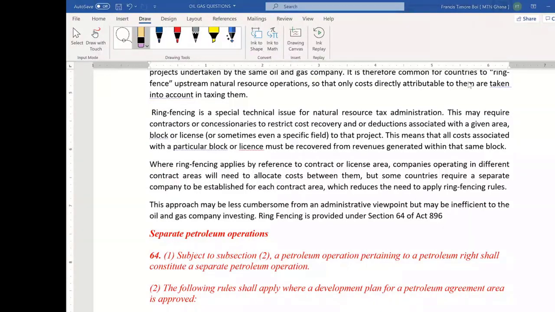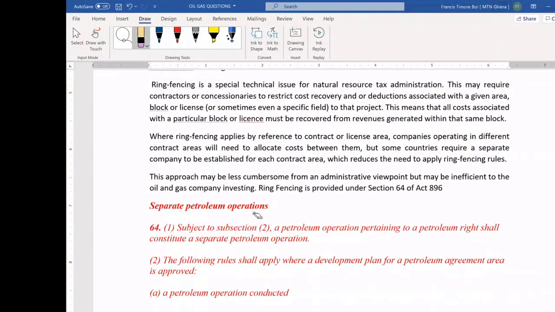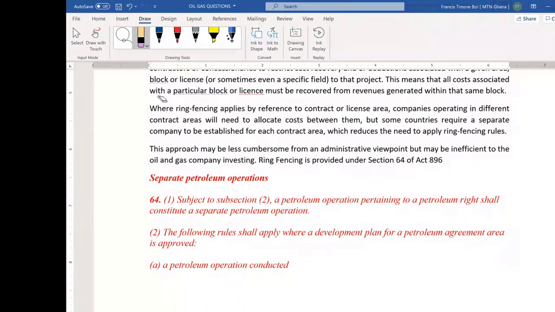I think it is going to be cumbersome, and it is going to be a burden on the person. But if it is a separate company, we are assuming that it is going to have different staff, different management to it, even though it is going to be very capital intensive and costly to the contractors. But with the tax authorities, there are people that are going to be in charge, so it is easy to get access to information because people have been assigned to it. But with the normal one that we have, in order to cut costs, I believe that they are going to use